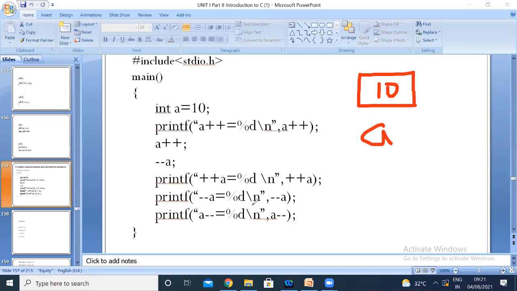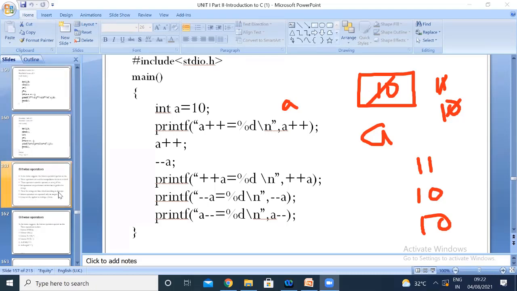10, ma'am. Here you will be getting the value as 10, but it is incremented with 1 unit, that is 11. Then again I had done minus minus. So now what will be the value of minus minus A? Again 10, ma'am. Means already it's incremented to 11, no, ma'am. Now again plus plus A, it is becoming 11. Yes, minus minus A means again 10. Again A is 10, minus minus means again you will be getting 10, ma'am. Okay. So that's about the incrementation operations and decrementation operations.